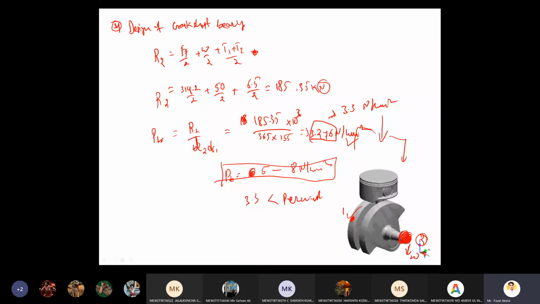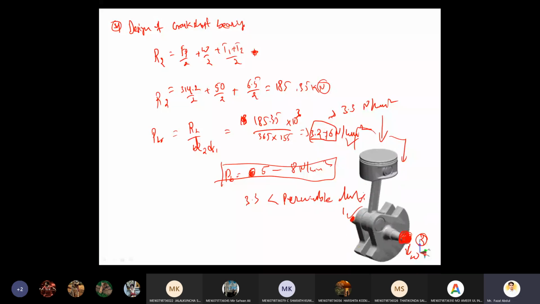So that's the reason whatever we derived till now, we calculated all the design parameters and all the physical parameters of this crankshaft, and they lie under the safe condition. Nothing but the design is safe,